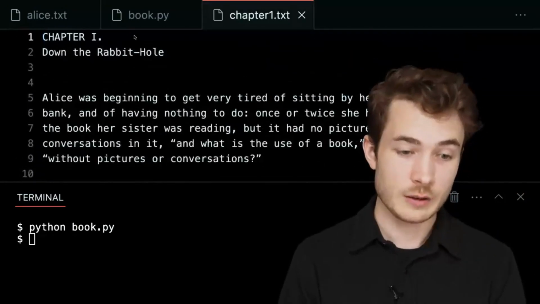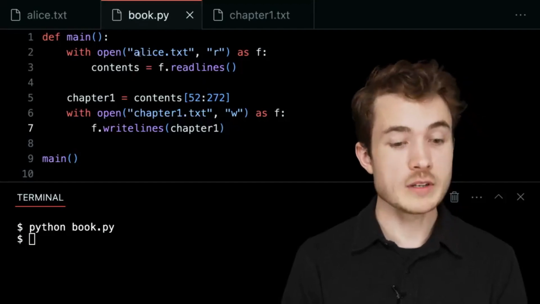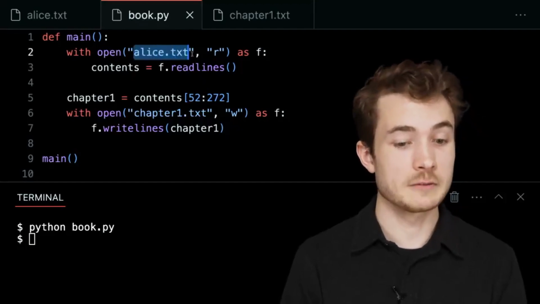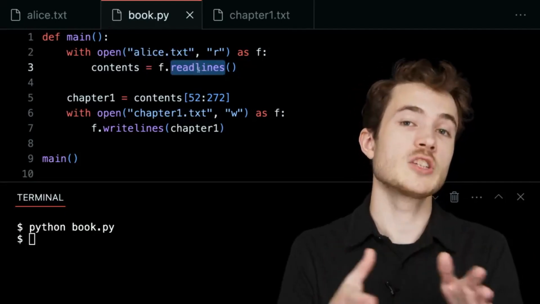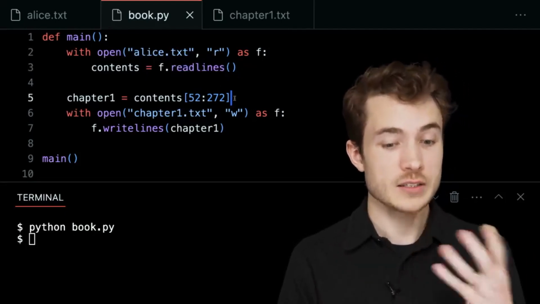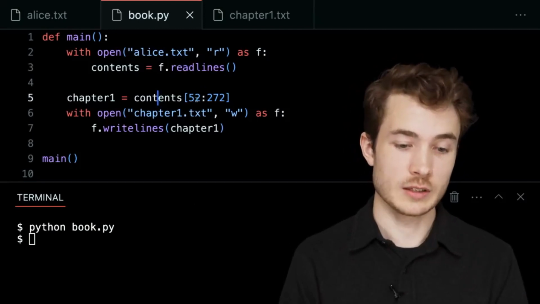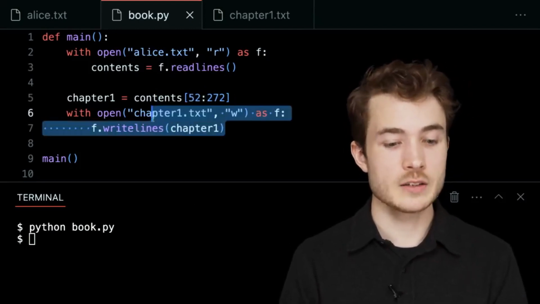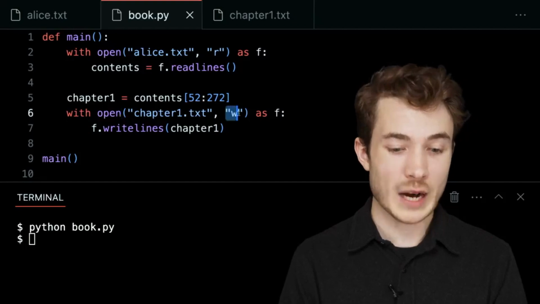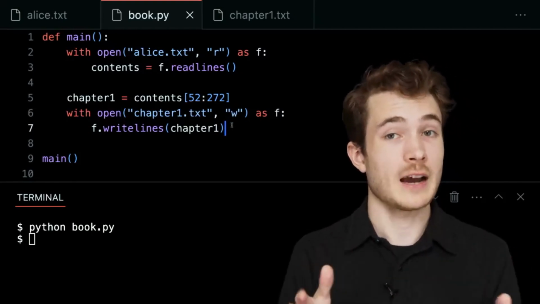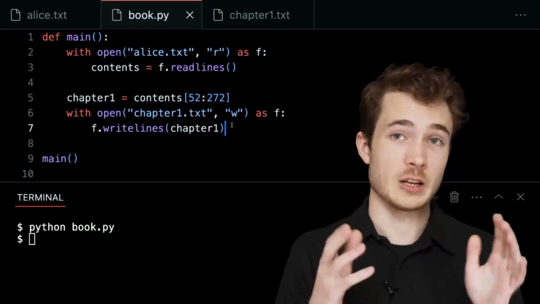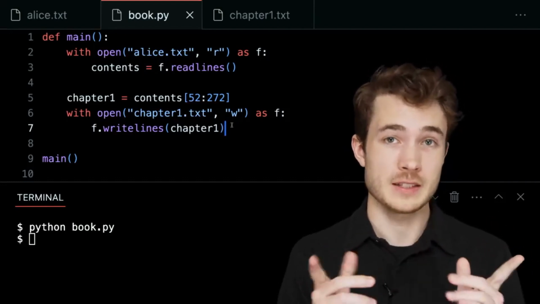So here, what I've done is I've again opened up alice.txt for reading. I've used read lines to get access to its contents as individual lines. I've then subset my list using list slicing here, and I've then used open with the writing mode to then write lines to this new file. This is how you can open, read, and write files in Python. This then was our short